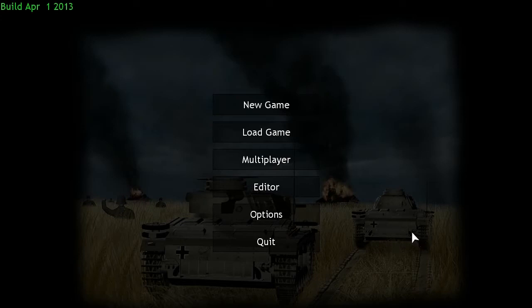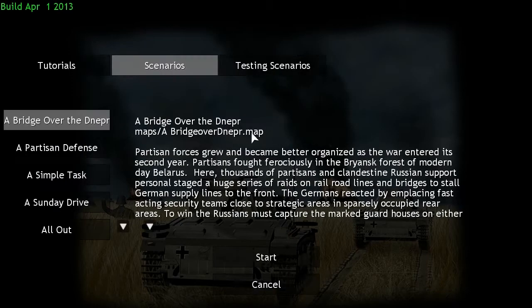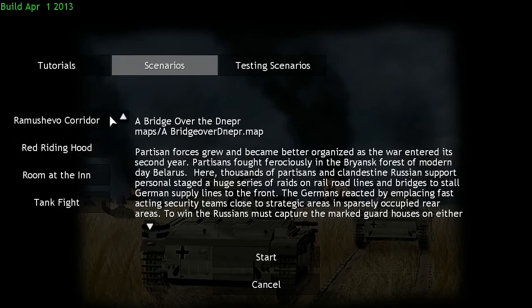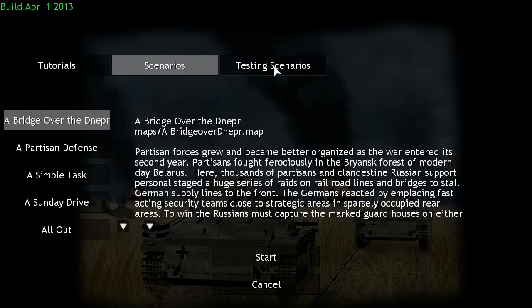Today we will be taking a quick look at Lock and Load Heroes of Stalingrad, one of the in-development games currently being developed by Matrix Games and Slithering. Lock and Load Heroes of Stalingrad obviously focuses on the Battle of Stalingrad, and the unique thing about this is it's actually based upon a board game, and it takes a look at very small-scale tactical engagements, right? So, starting off, we have quite a nice little selection of tutorials and scenarios, but we also